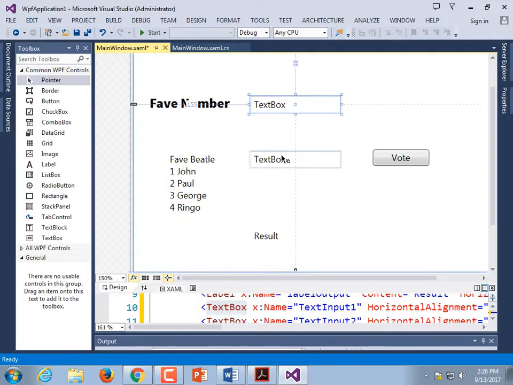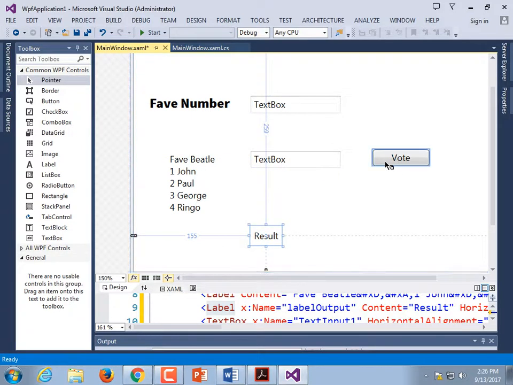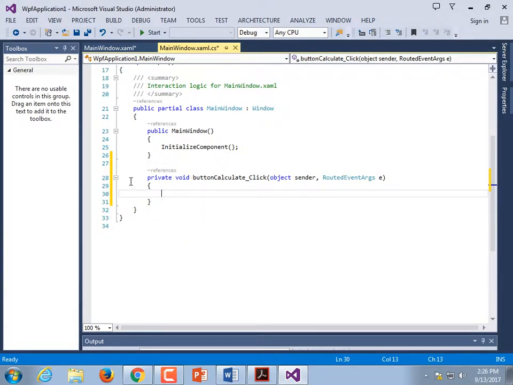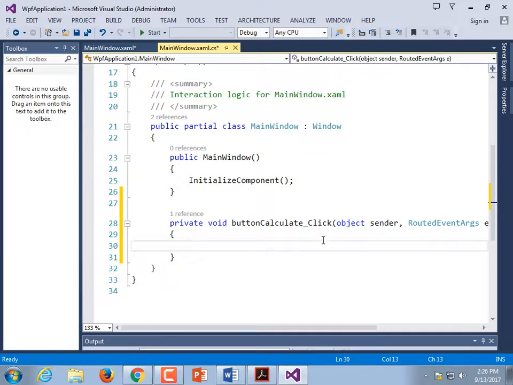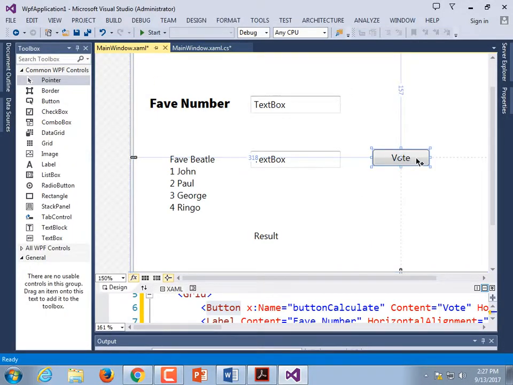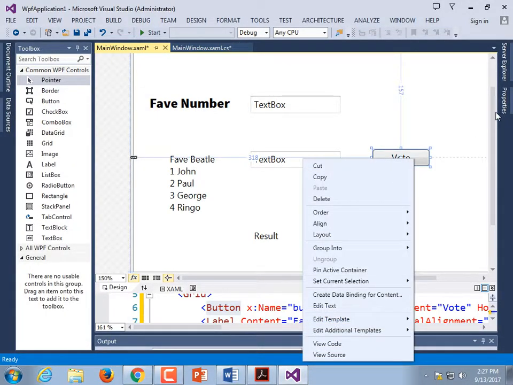Alright, so now that we've renamed all of our controls, let's double click on the vote button to create a handler method. And here we go. That added our button calculate click. This picked up the name that we specified in the properties. If we called it something else, it'd have a different name. Is the name of the method that handles a button all that important? No. If you go back to the main window editor and go to properties,